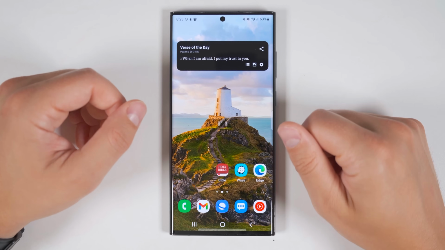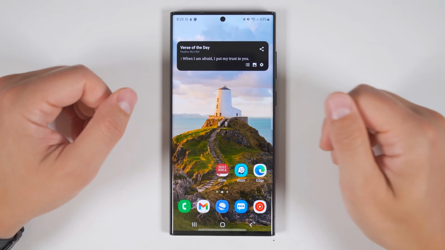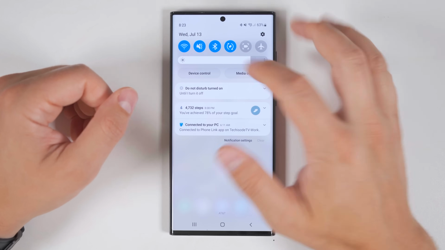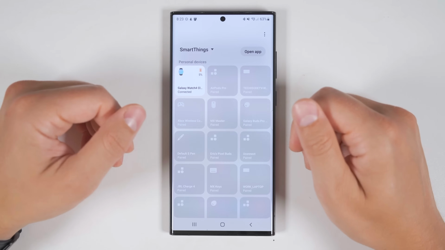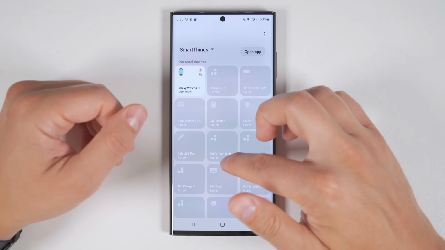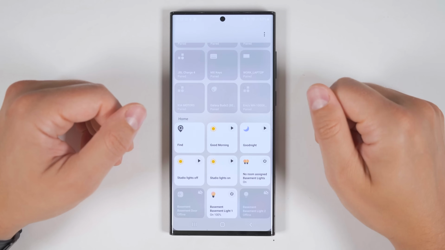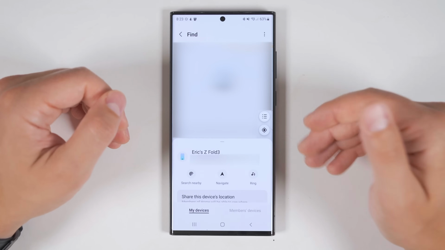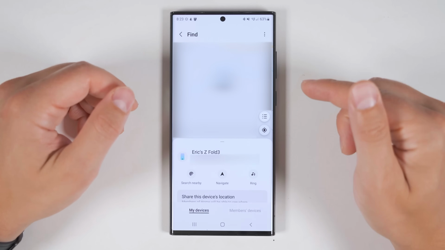Speaking of finding your phone, if you know that one of your Samsung devices is nearby and you want to find it quickly, just pull down your notification shade and tap Device Control. If this is your first time in this menu, you'll have to go through a setup process. But once that's done, you should be able to scroll down and see an option called Find. Go ahead and tap that, and it'll bring you to a page that shows you the last known location of all of your devices. This is very similar to the web interface that I showed you guys a moment ago,